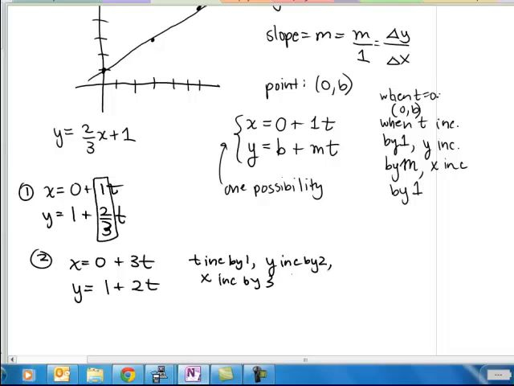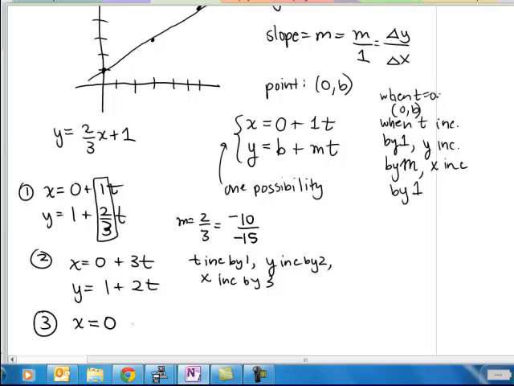And that's what we want, right? Or if we're thinking slope is 2/3, we could think, well, 2/3 is the same thing as, for example, negative 10 over negative 15, right? So that's the same ratio. So as long as the ratio of the coefficient on t in y to x is 2 to 3, everything's fine. So another option would be